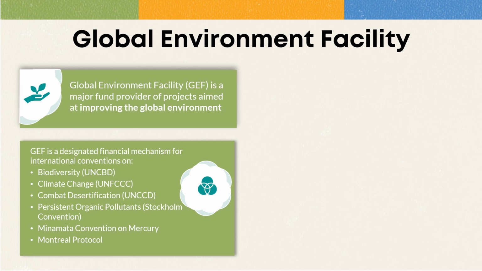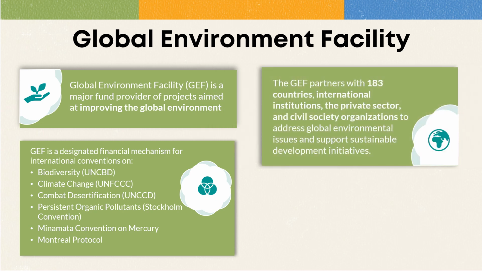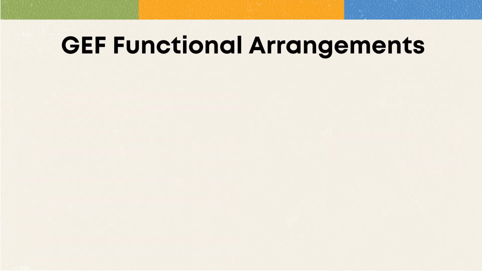GEF partners with 18 agencies, including United Nations agencies, multilateral development banks, and international NGOs, and works closely with 183 member countries to address global environmental issues. GEF provides funding to developing countries and countries with economies in transition to meet the objectives of the environmental conventions and agreements. It supports a wide range of projects, from small grants to large-scale development projects expected to impact the